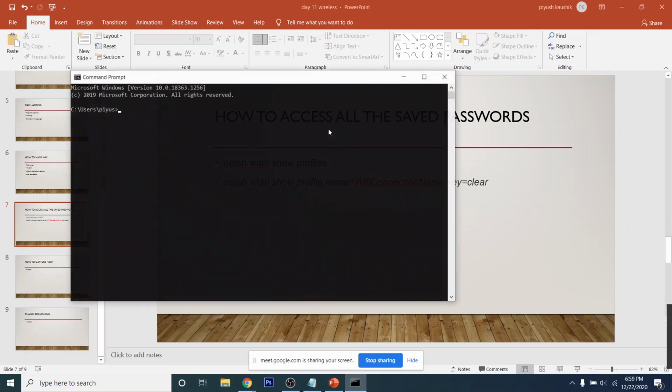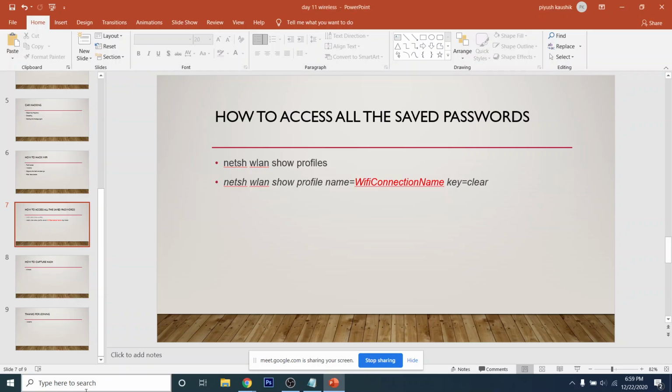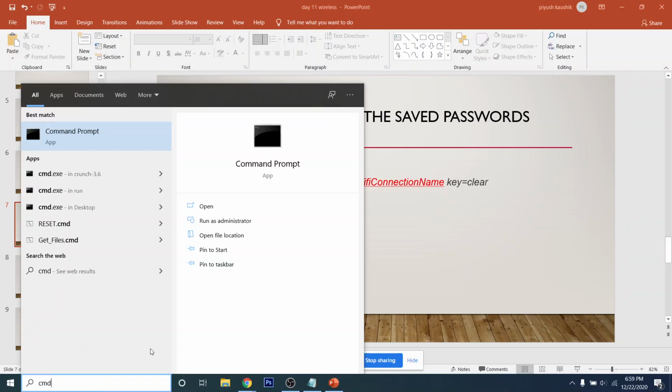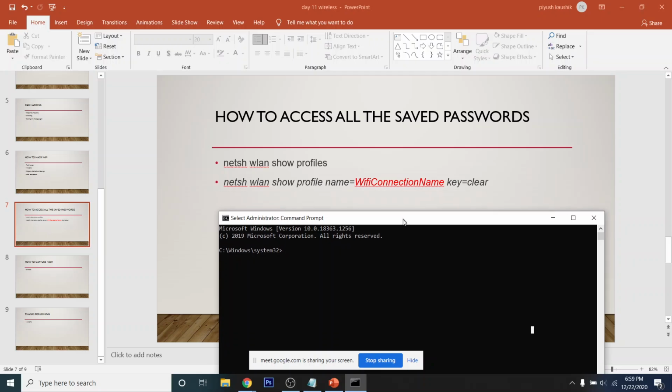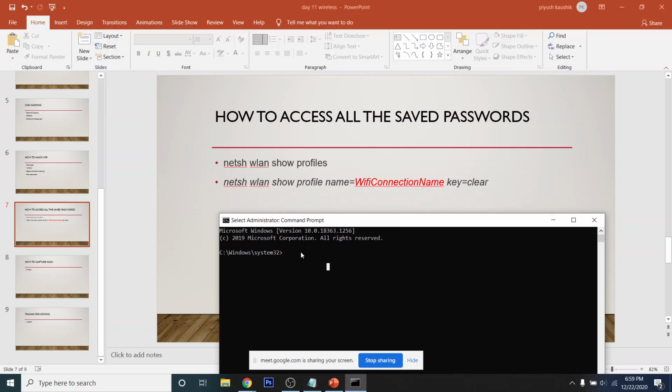Firstly, search CMD here. Basically this is command prompt, and you can put a lot of commands here to gain access to much more things and to modify things. You can run commands here, as the name suggests, command prompt. Then right click on it and click on run as administrator. A window will appear asking yes or no. Click on yes. Then this will appear. This is the command prompt window. Then type the command